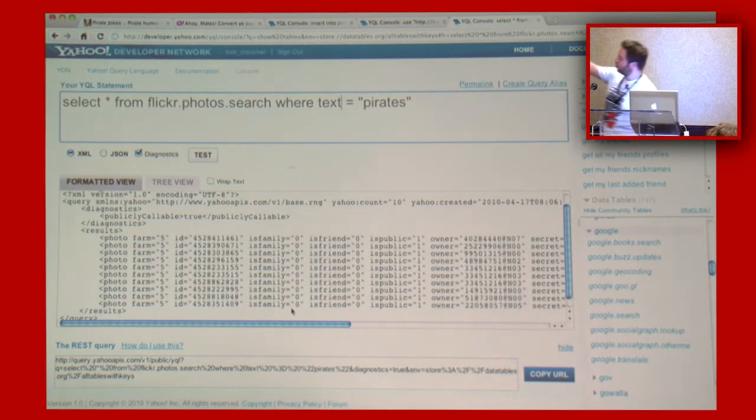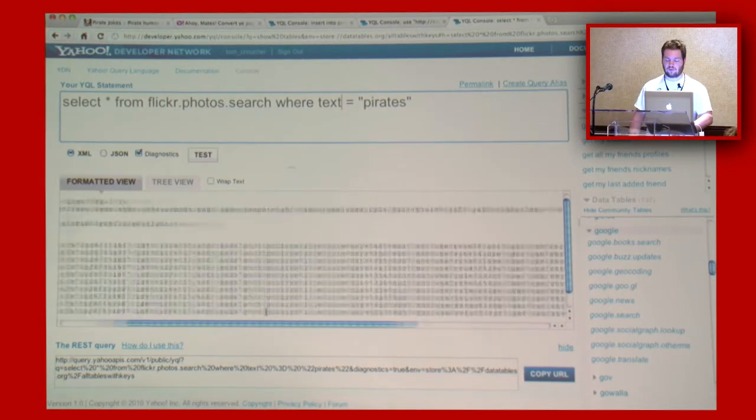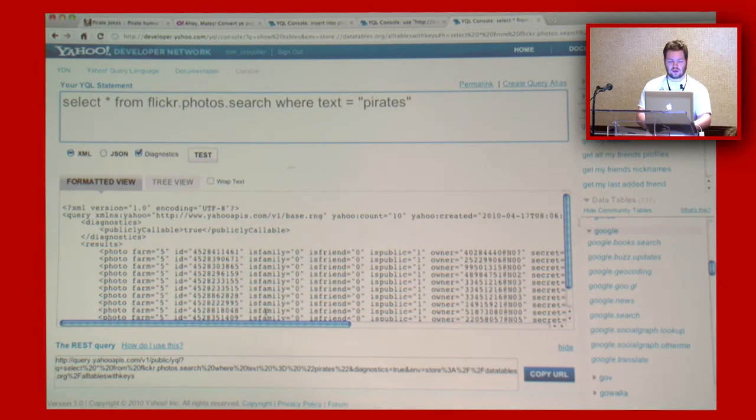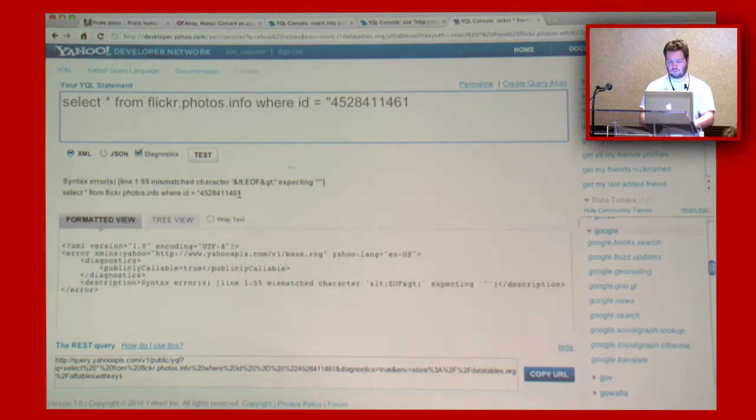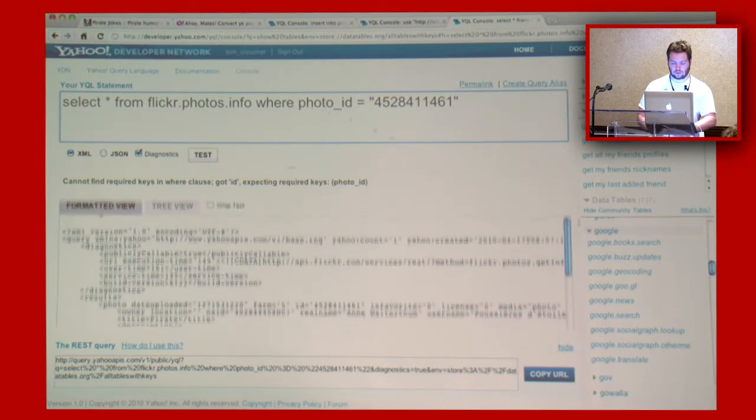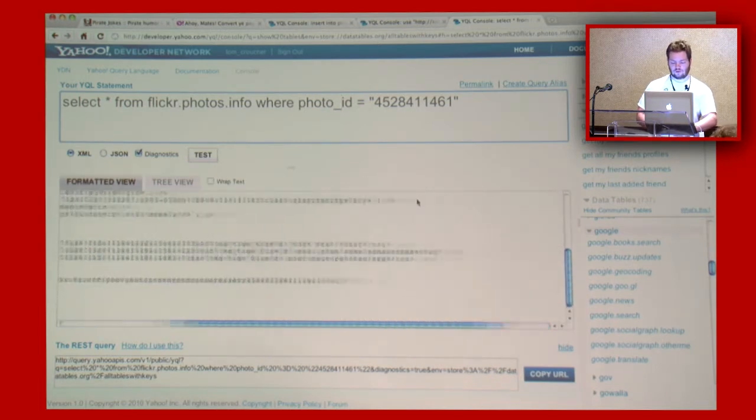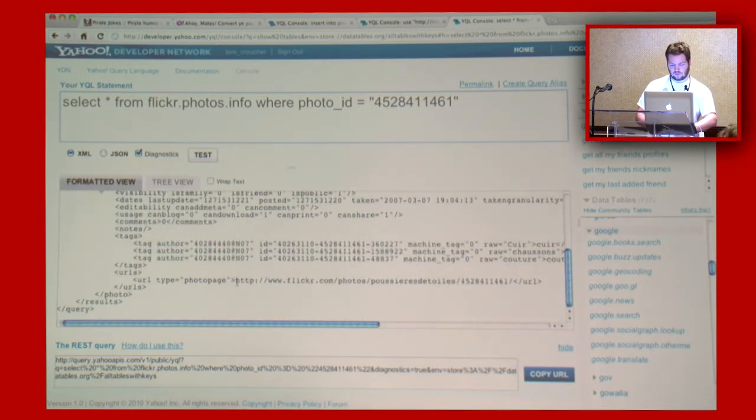So nobody knows how to construct these Flickr URLs off the top of their heads because it's kind of obtuse. But what you can do instead is take one of these IDs, copy it, and paste it in here. Select star from flickr.photos.info where ID equals this photo ID. It's helping me not mess it up. There we go. Right, so this is the thing, and if we click on this here, okay,